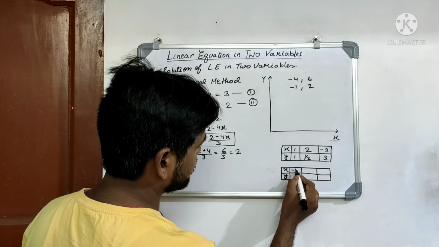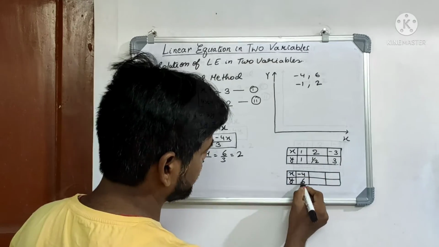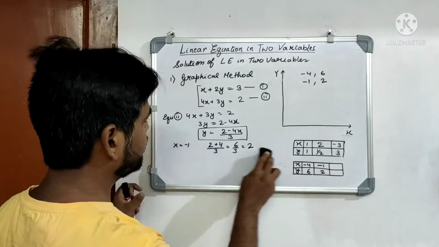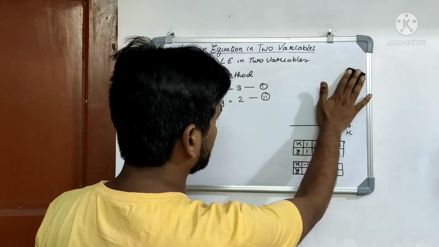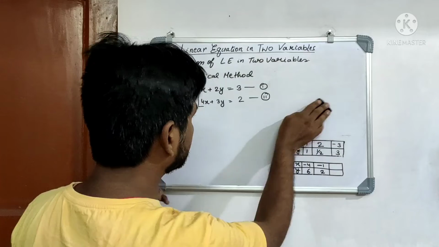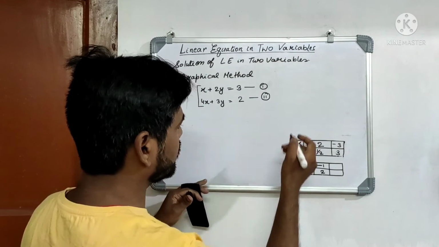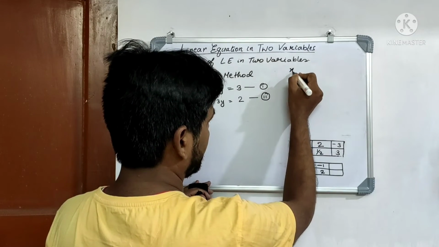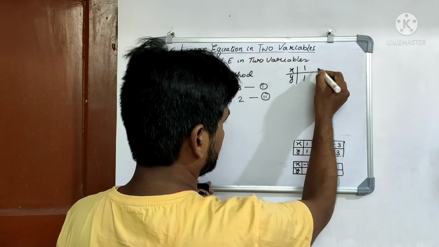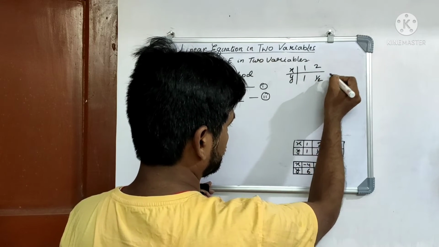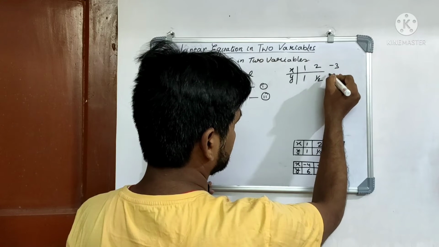First one is -4, for that we have got 6. We have obtained the respective points, and now for this set of equation we need to plot these points. Let me write it clearly on the top so that we can draw the graph. X, y, 1 for 1, 2 for 1/2, and for -3 we will get a 3.